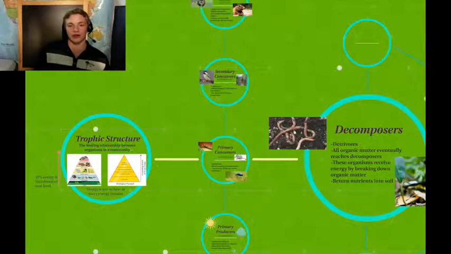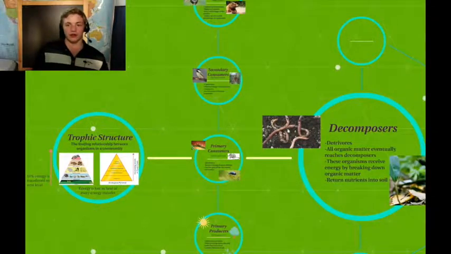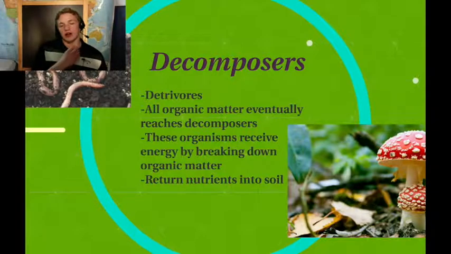So now, after looking at all of the different levels, we see that we have actually started to create a food chain, starting from the primary producers, working all the way up to the tertiary and quaternary consumers. And then we also look at the decomposers, also called detritivores. They decompose organic matter: when other organisms have died, they get broken down by decomposers, and the nutrients from the carcasses are returned back into the soil for plants.